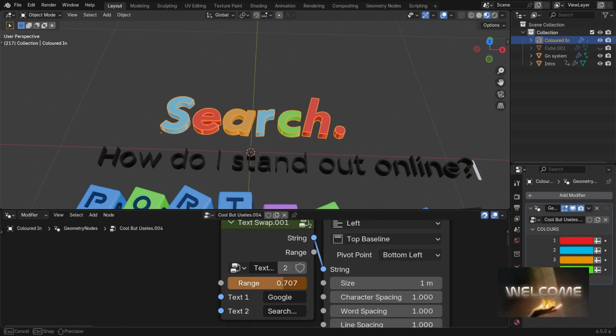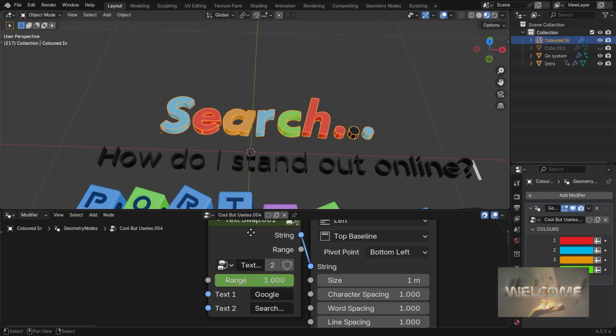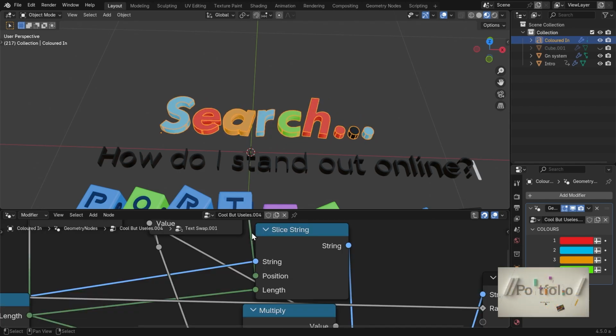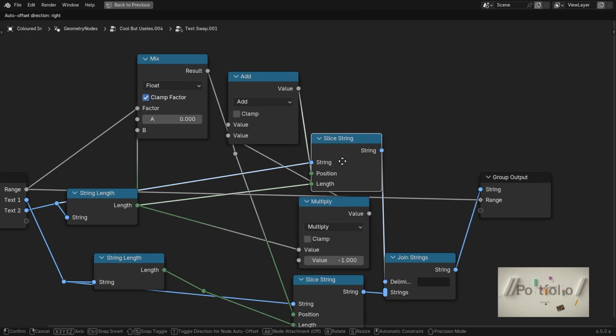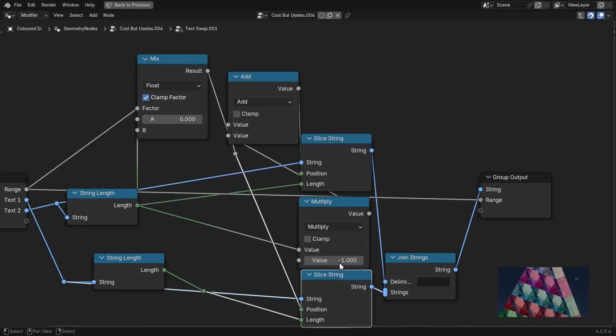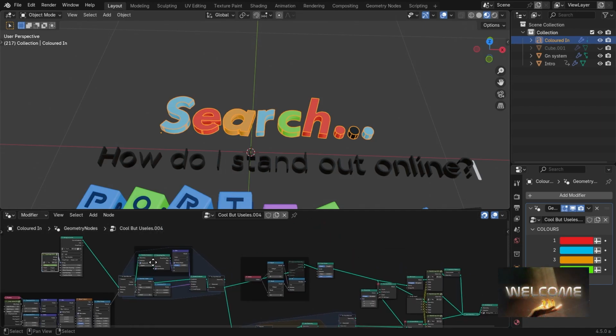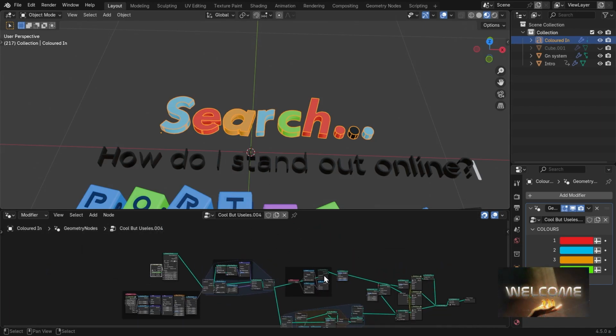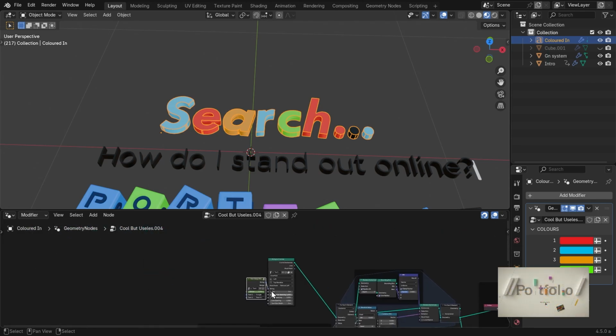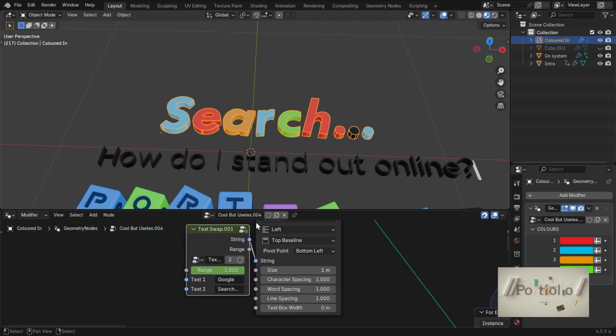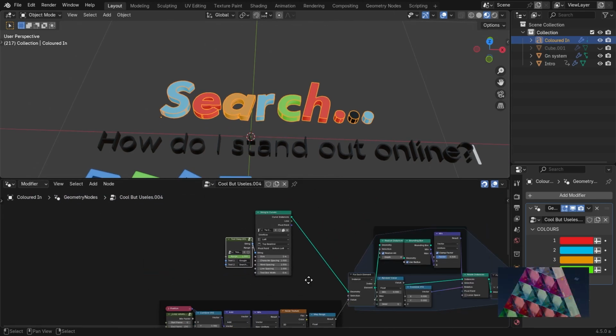But we have a system that literally does this at the beginning. I call it text swapping, and it's a pretty simple system. It's not that heavy. Of course, I need to modify it to look a little better, and with this system you never have to look into geometry nodes. I'm only doing this for the video, but I'm probably gonna make a node group. By the time you're watching this video, it should be a node group,